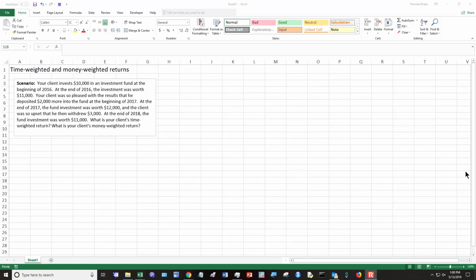The former we use to evaluate the portfolio management, the fund investment itself, and the latter we use to evaluate the decision maker, in this case, the client. So let's tackle the time-weighted return first off. So what we've got is several years. So we have